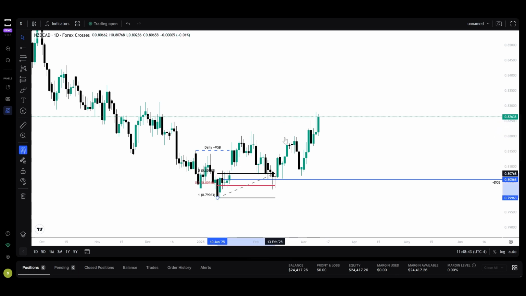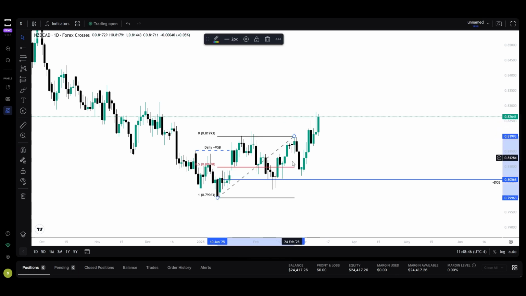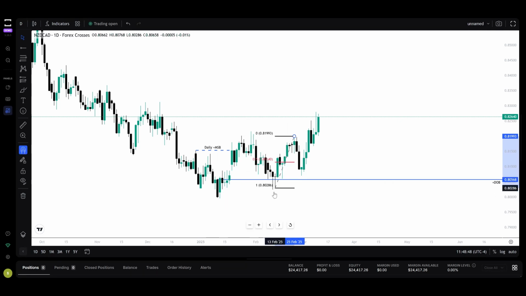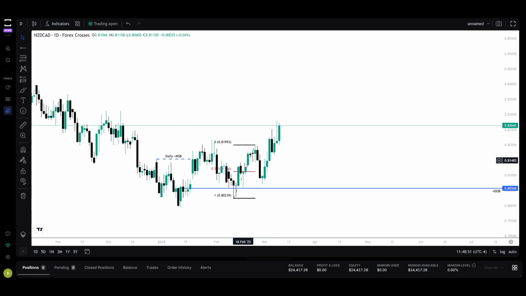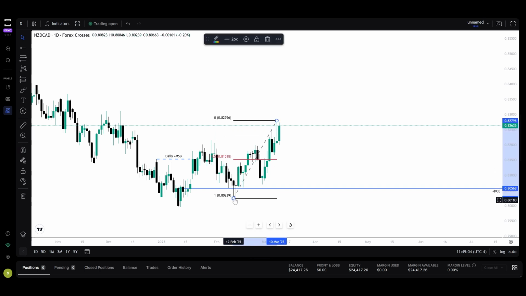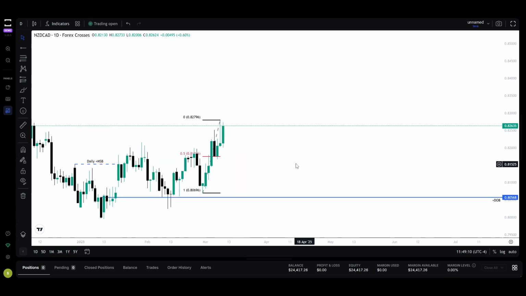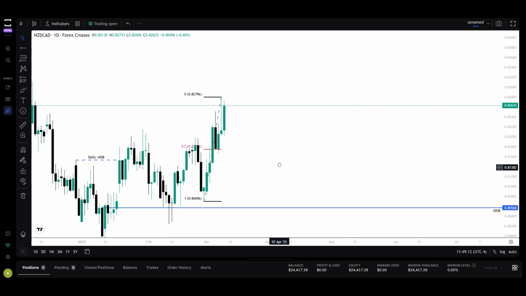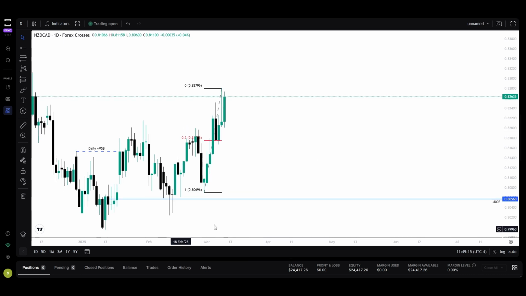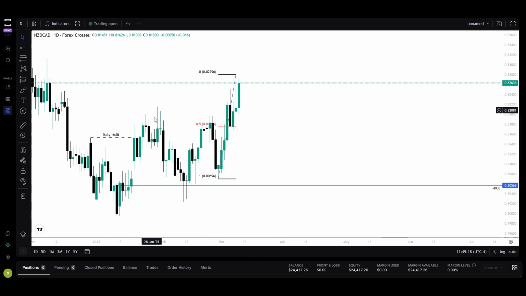So what I'll do is I'll move this from here to there. And you can see where we hit discount again into a daily bullish order block. Price ran up higher. We have a new dealing range from this high to that low. And now from here, so we had our break. All right. And then we had